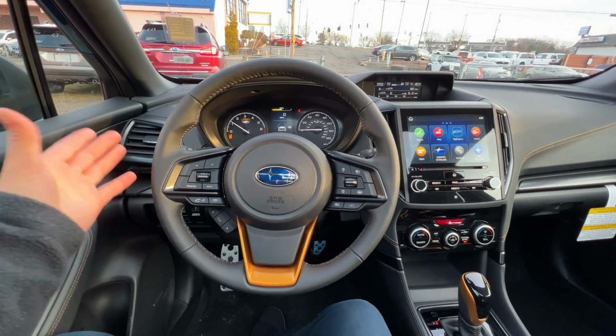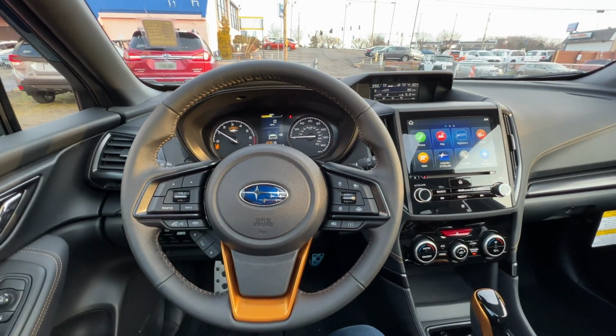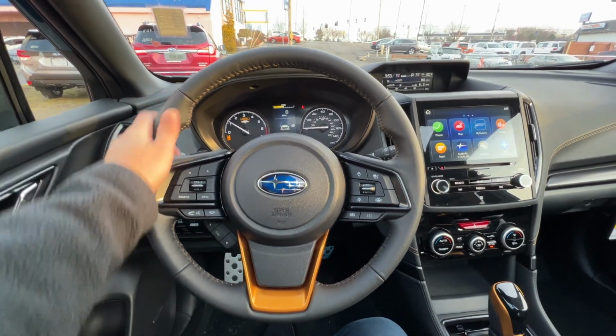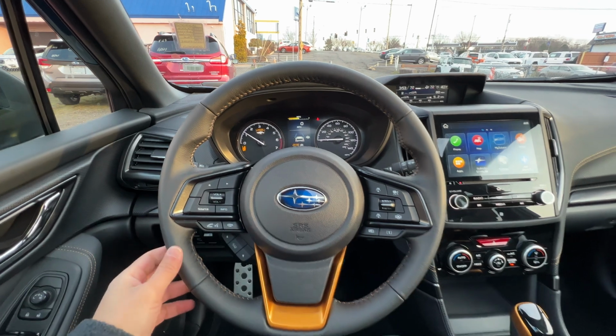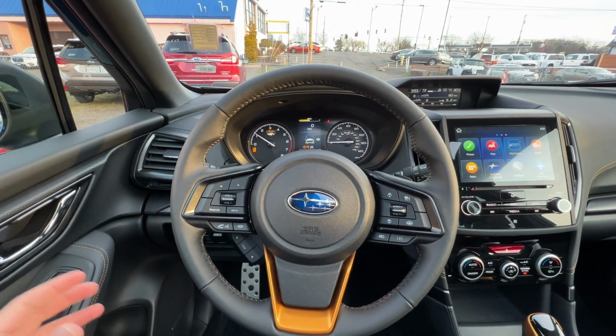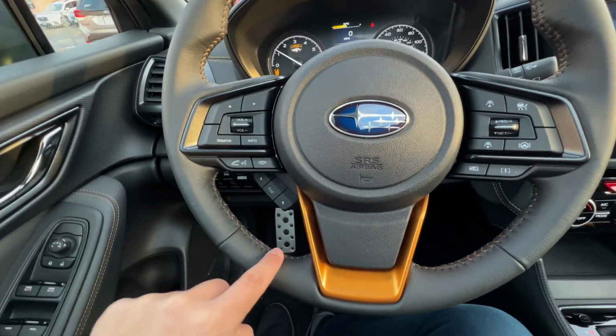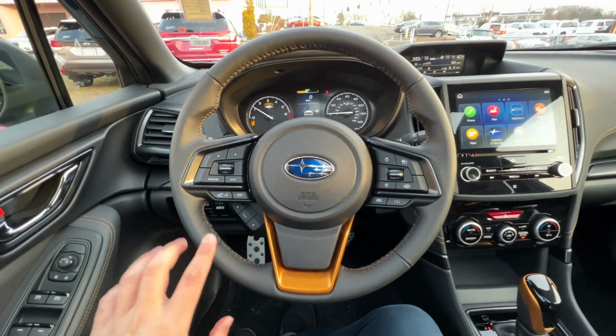The steering wheel design looks right. The center is a little bit on the bigger side. There's this orange in the bottom, and the steering wheel is wrapped in leather. It has a good amount of thickness to it. It's not too thick and it's not too thin. There's a good amount of 10 and 2 grip, and as I said, there is a ton of orange stitching in the interior of this